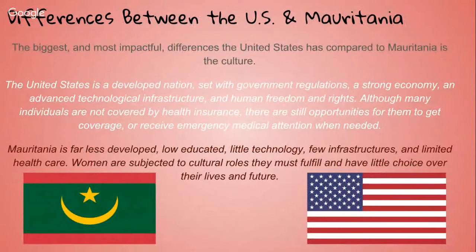Differences between the U.S. and Mauritania. The biggest and most impactful difference in the United States, compared to Mauritania, is the culture. The U.S. is a developed nation set with government regulations, a strong economy, an advanced technological infrastructure, and human freedom and rights. Although many individuals are not covered by health insurance, there are still opportunities for them to get coverage